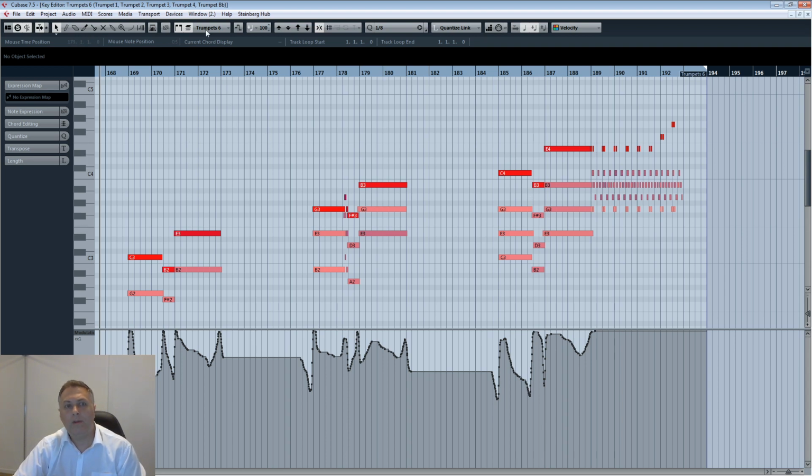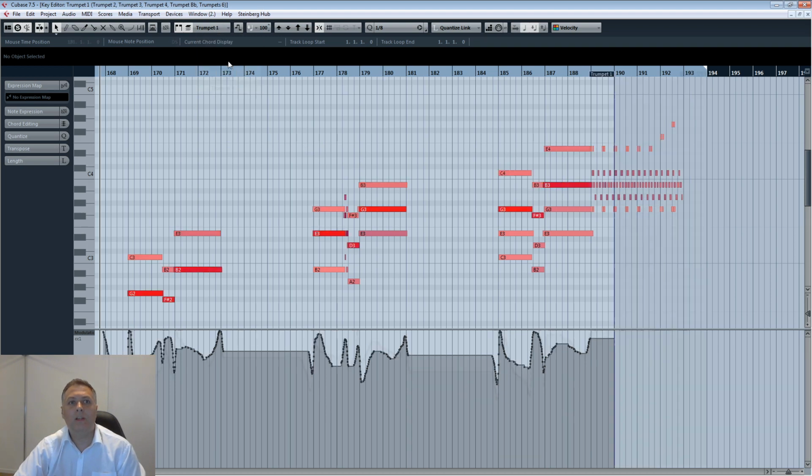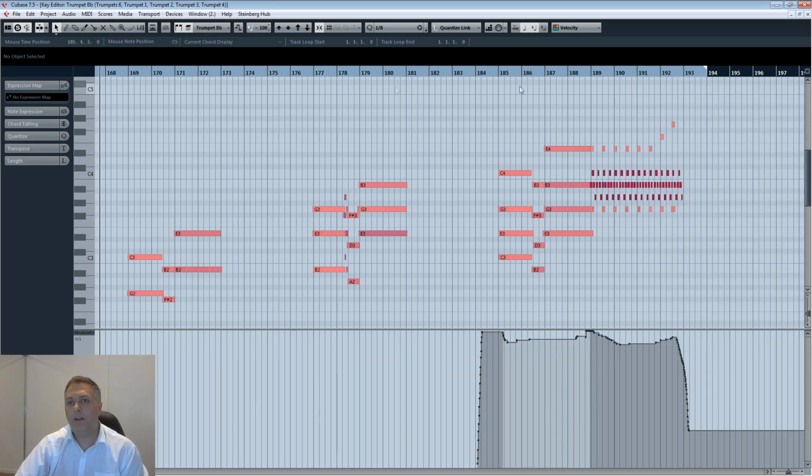So the way I've got it set up is I've got the trumpet 6 in the melodic position and the 4 trumpets from the Dimensions Brass Library in the harmonic positions. And I started off with 2 of those 4 trumpets here, then built it up to 3 and then 4 at the end. So for a total of 10 trumpets by the time it reaches the last repetition there. So it's just a subtle way that it kind of builds and develops over time. And then I've also got trumpet in B flat doing this trill here at the end.